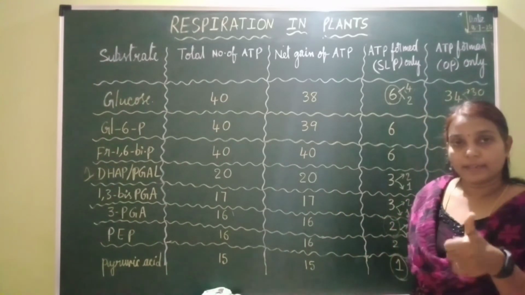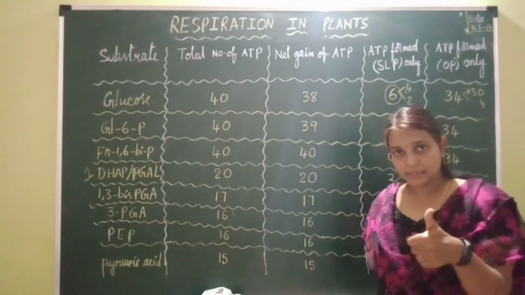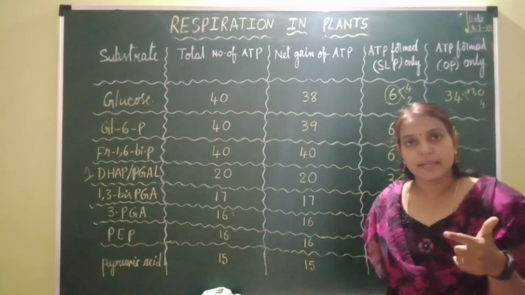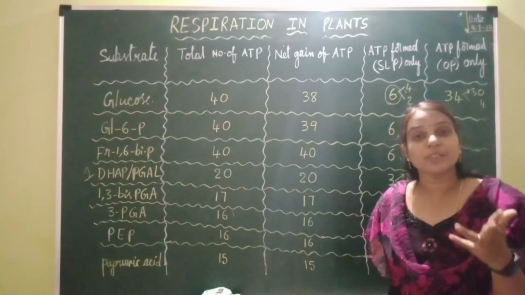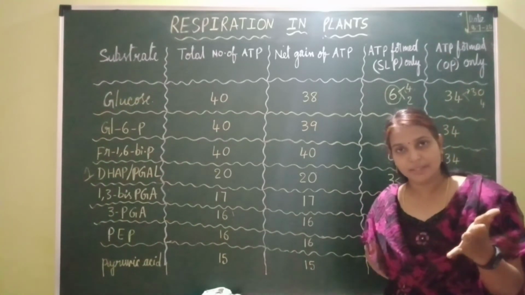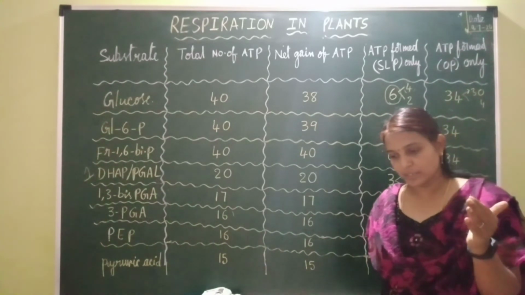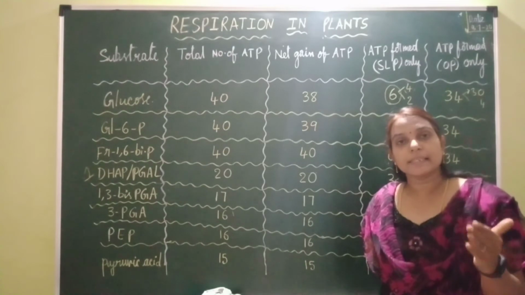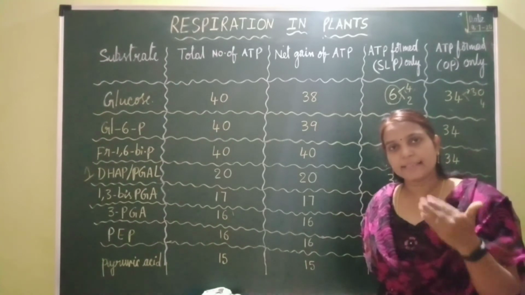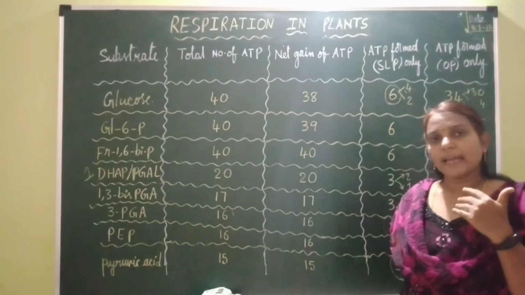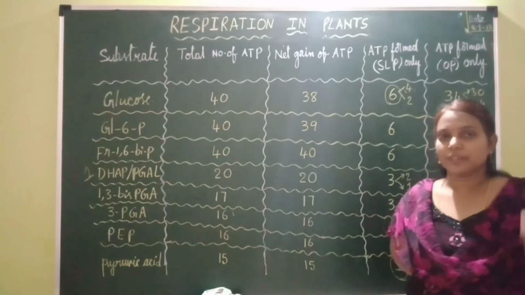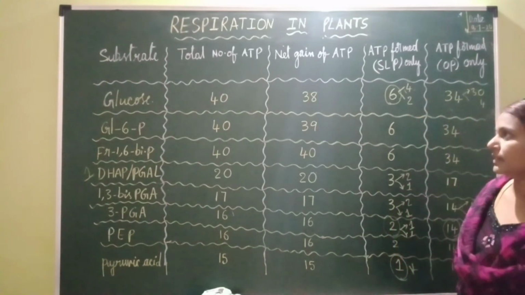practice. For acetyl CoA you practice, then citric acid, cis-aconitic acid, isocitric acid, oxalosuccinic acid, then alpha ketoglutaric acid. After that what will be formed? Succinyl CoA, succinic acid, then fumaric acid, malic acid. Like this you can calculate with any type of intermediate which is formed during aerobic respiration.